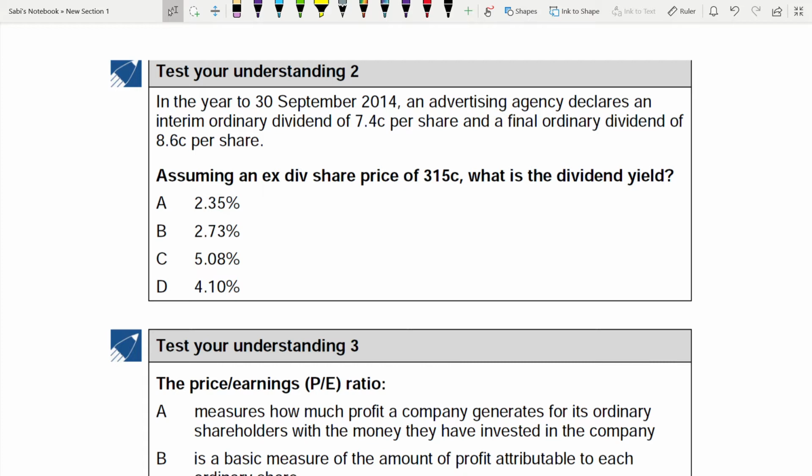In the year to 30th September 2014, an advertising agency declares an interim ordinary dividend of 7.4 cents per share. Okay, and a final ordinary dividend. So one is interim, one is final, of 8.6 per share. Okay, assuming an X dividend share price of 315 cents, what is the dividend yield? How do you calculate this? You have to know what is the formula for dividend yield. Do you know the formula for dividend yield? What is it? The formula for dividend yield is